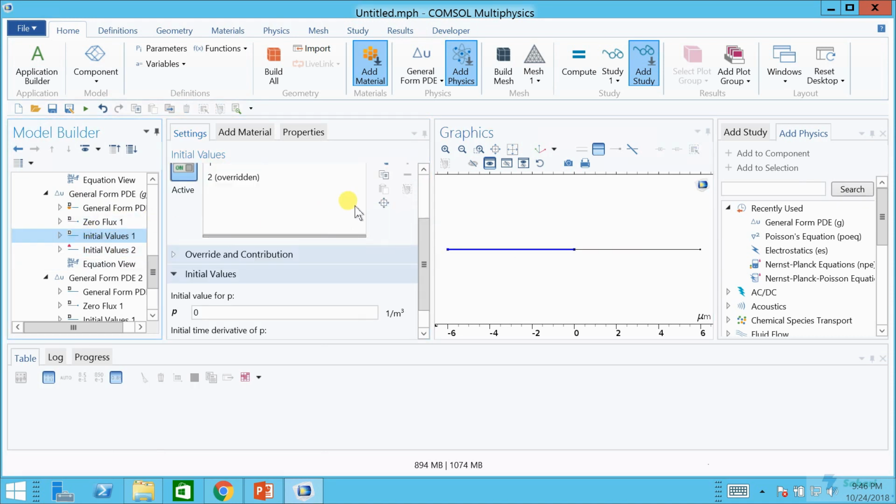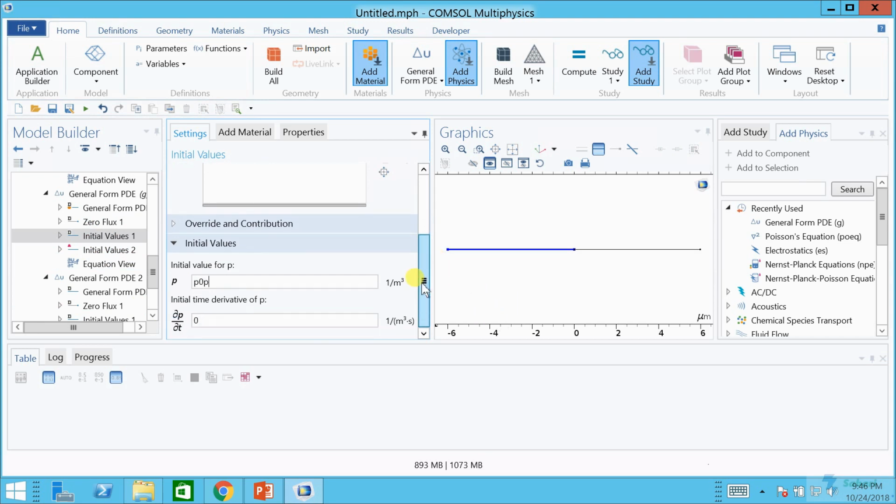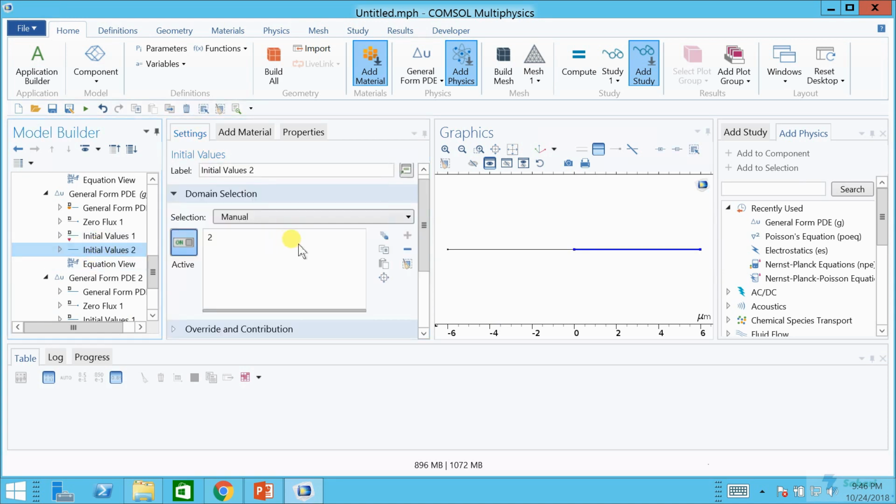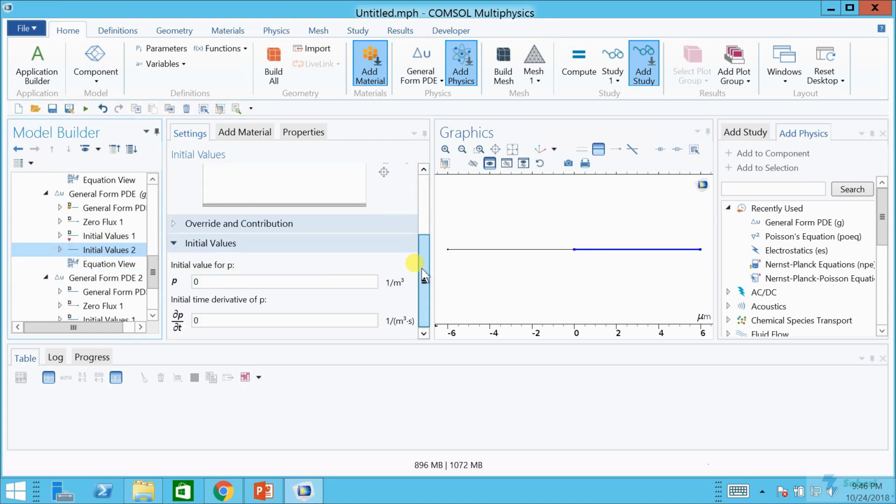There are two regions, okay? So in the p region, the amount of holes is p naught p, which is the variable I have already assigned, and the initial value in the n region is p naught n,